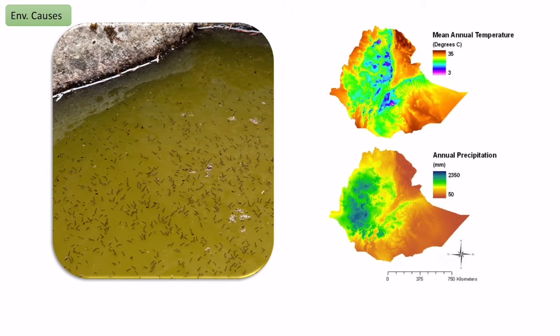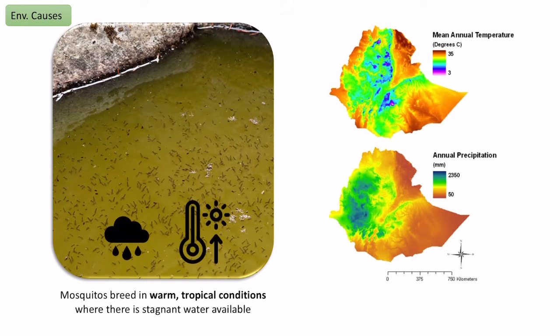The most obvious thing that probably comes out from that pattern already is that mosquitoes love warm, wet tropical conditions to be able to grow. So here we can see a pool of stagnant water that's been left behind, and the larvae have been able to breed in there and will soon become mosquitoes. So anywhere where we get these big pools of stagnant water after a long period of heavy rain will be